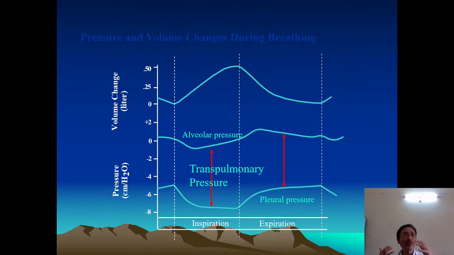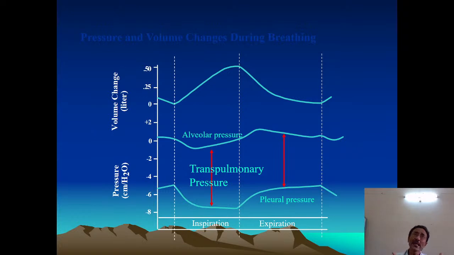Once the pressure in the pleura becomes negative, it transmits the negative pressure onto the alveoli, as a result of which the alveoli expand. So the more the negative pleural pressure, the more the expansion of the alveoli. When there is more expansion of the alveoli, the alveolar pressure falls below the atmospheric pressure. If the atmospheric pressure is around 760 mm, it falls to somewhere around 755 mm, and as a result